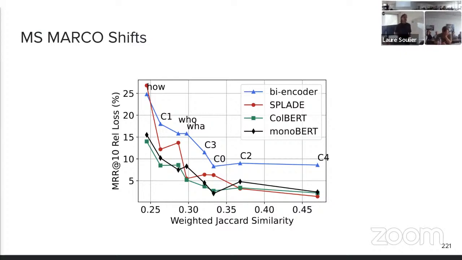Well, I think the models are not so different in the end, because you still use the same base pre-trained language model and you have your contextualized representations that you are going to map to different things. But still, I think there are many similarities between the two models. With Splayed, the fact that we represent things in the vocabulary and try to have some sparsity makes it more like lexical approaches. I think it's kind of in between in a way.